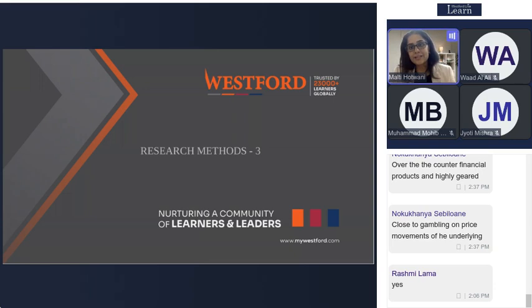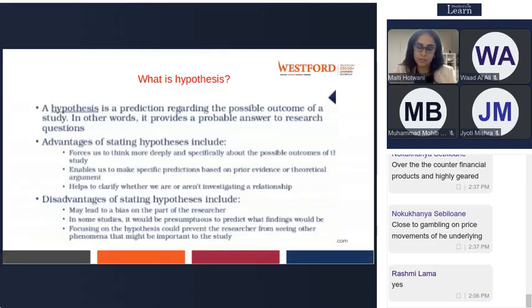Now, a very important thing of the research project is hypothesis development. It's not compulsory to develop a hypothesis, but I would suggest it to give your project a good direction. So what is a hypothesis?